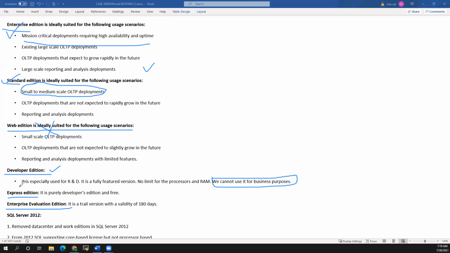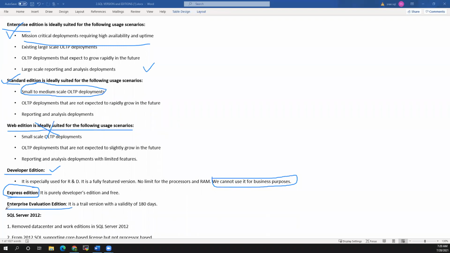Express edition is generally for educational purposes, for people who want to learn SQL Server. SQL Server released this express edition so they can download it and use it freely for development and learning. But it won't have many features, only very limited features.